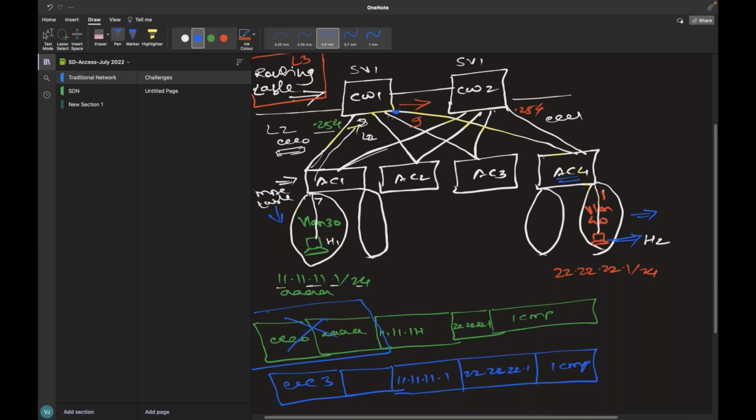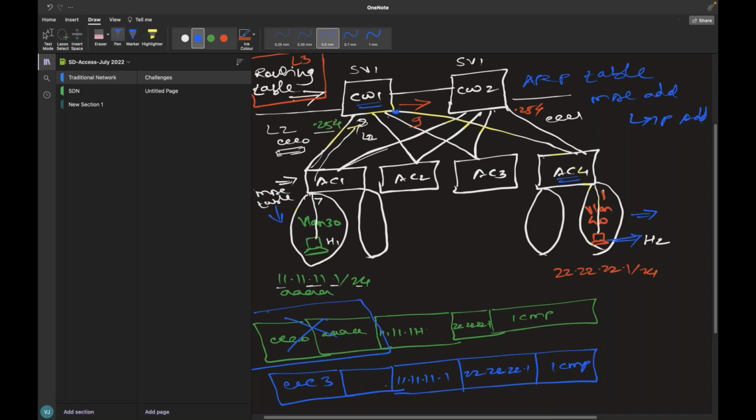And then since core switch 1 has got the ARP table built, right, against the MAC address and the IP address, it knows that, okay, the MAC address for VLAN 40 is connected on port 9. So it builds the L2 header.